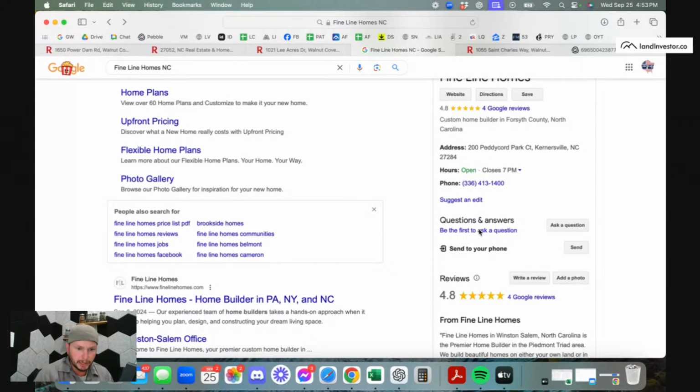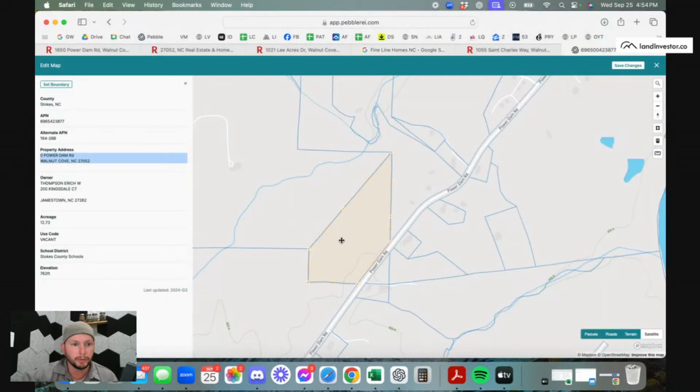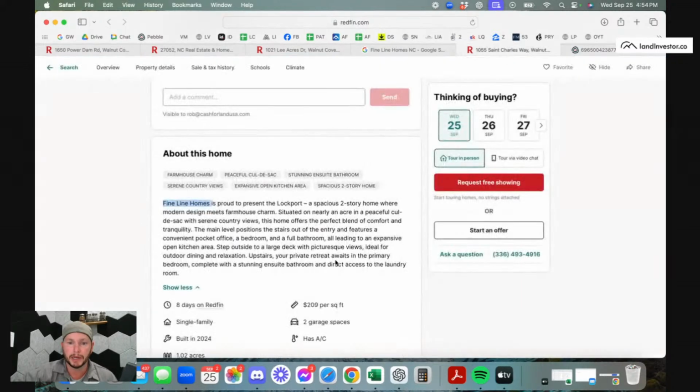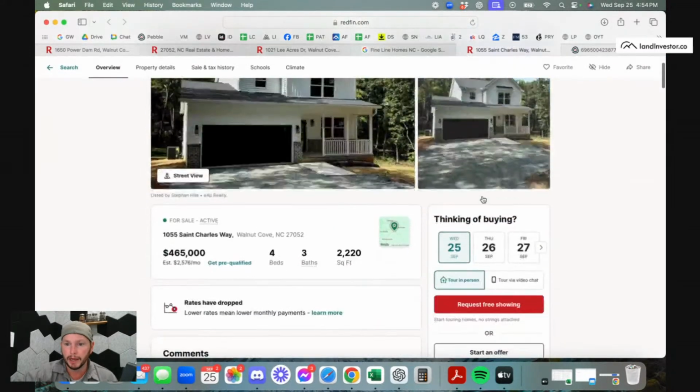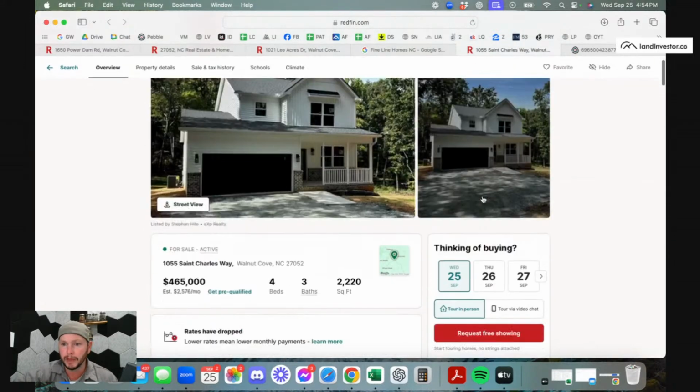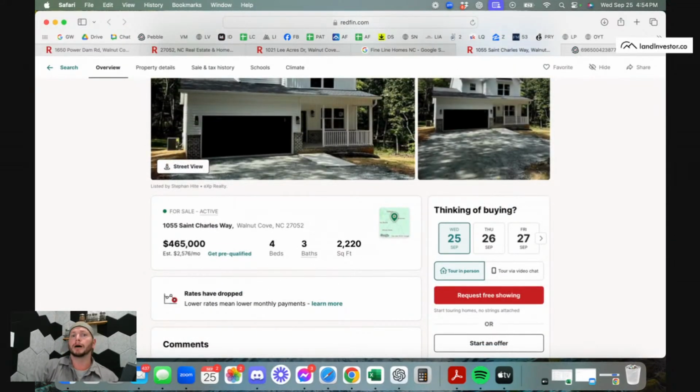How you doing? My name is Dennis. I'm actually giving you a ring today because I have a parcel of land over in Stokes County. It's about 12.73 acres. And I'm not sure if you guys are interested in getting some more land to develop some nice houses. I see you have the one over here on 1055 St. Charles Way that you guys just finished. Looks awesome. And I'd love to see more of these. If you can, give me a call back. My number is